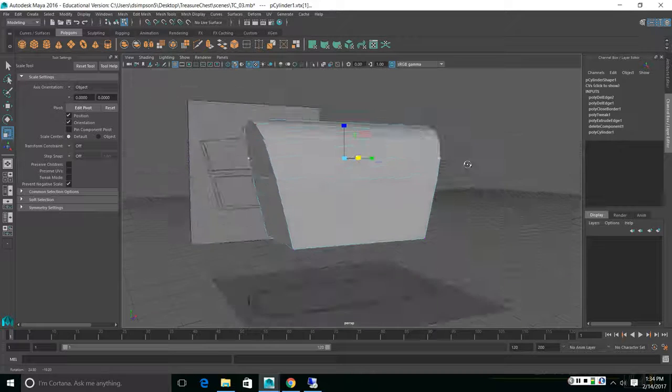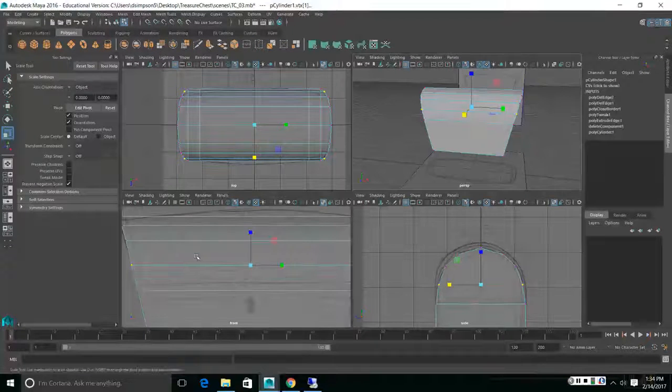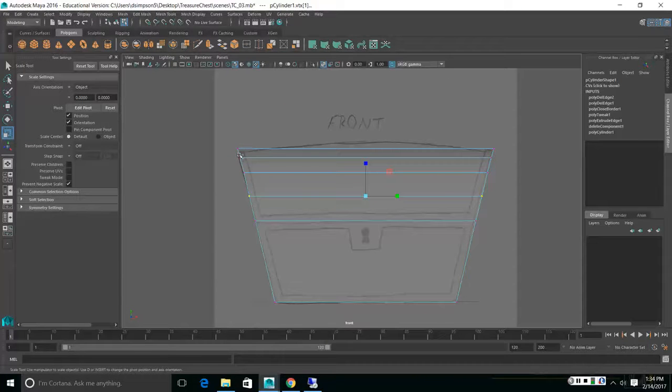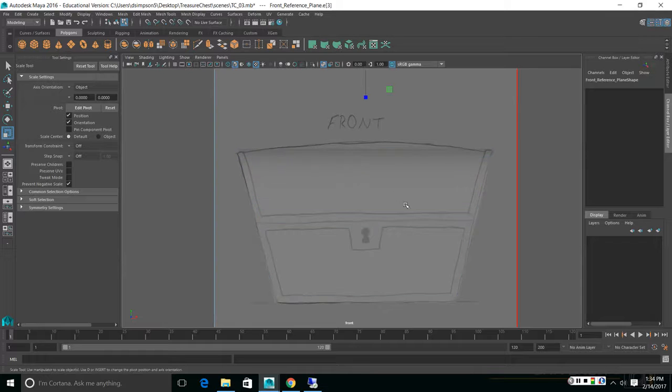Okay, so we've got our basic shape here, and we can now see that on the edges we're following, right? Or at least fairly closely. Again, we can see over here, we're kind of closer on the edges, but the middle is not bowing quite the way we want, okay? So again, if we want to add curvature that's not there when we're talking about polygon modeling, we actually have to start adding edge loops, okay? So the way I'm going to do that is I'm going to go ahead and go into edge mode. I'm going to select